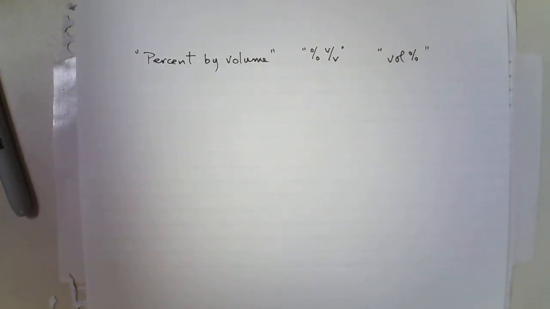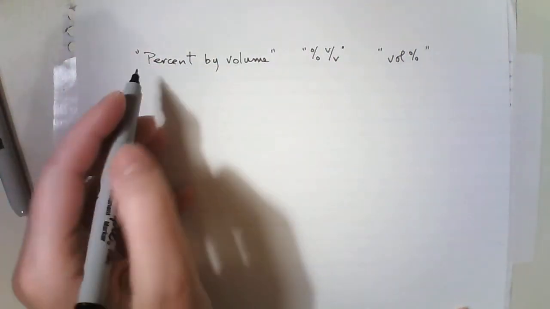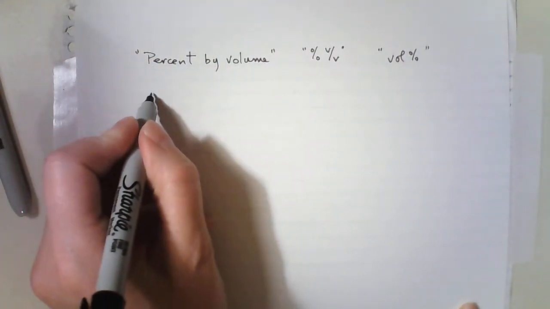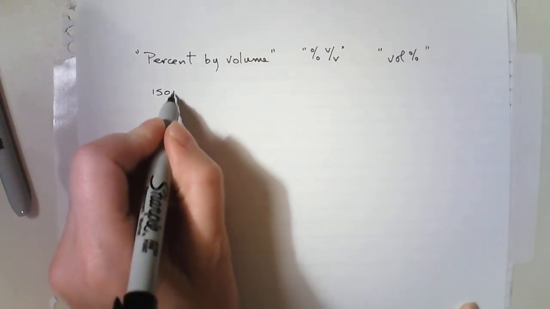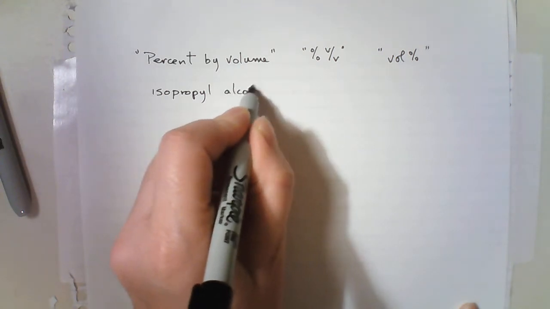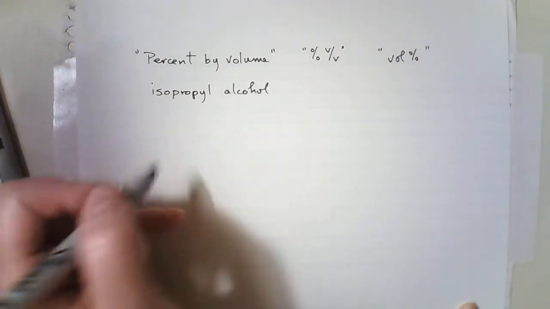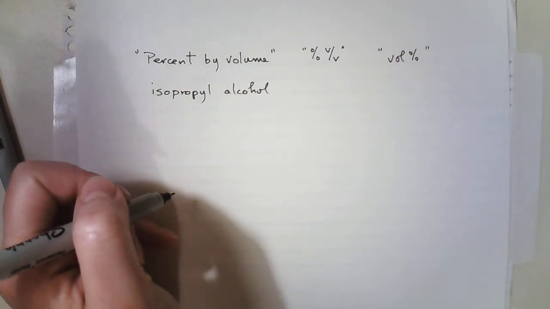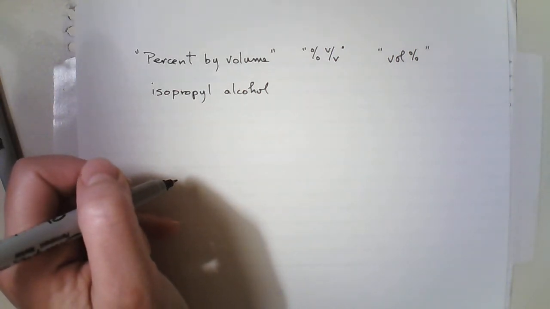Let's do an example involving a percent by volume as an expression of concentration instead of a mass percent, or percent by weight, percent by mass. And let's use an example of an alcohol, isopropyl alcohol. You may recognize this name. Isopropyl alcohol is what's inside